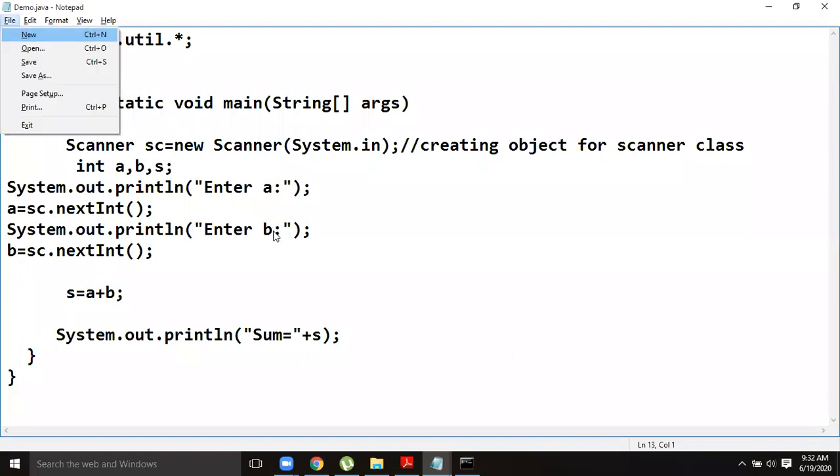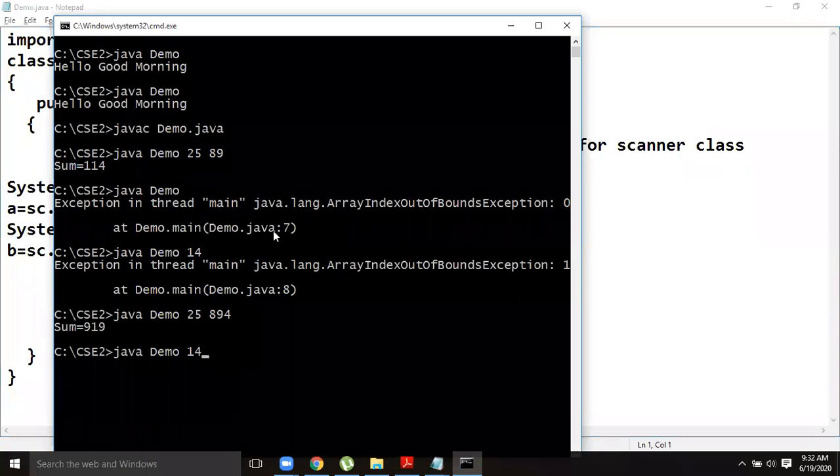Now everything else is the same. Again we go to the command prompt. What we have to do? Compile. Whenever you make a change to your program, you must remember to compile your Java program. Then java Demo, the class name. This time we press enter.